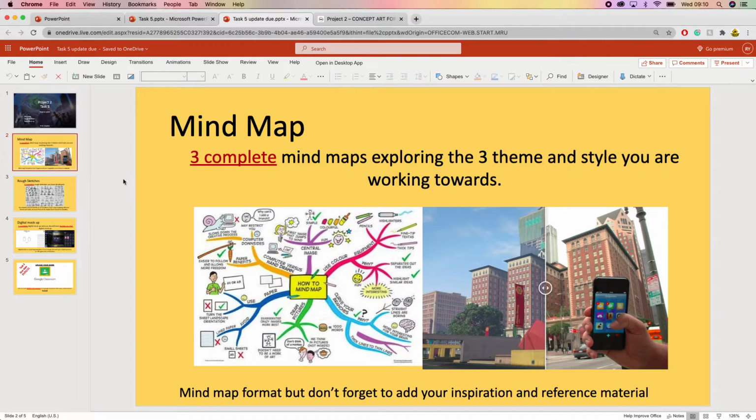stage. So the mind maps, you can have 3 complete mind maps. This will be exploring your 3 themes and styles you're working on. You don't even necessarily have to have 3 mind maps. The way that you can set out your mind map is as your main bubble. You'll have your game that you're inspired by. Then you can branch off into 3 different columns, and the other 3 columns could be the themes that you're